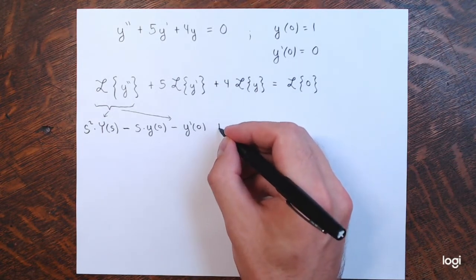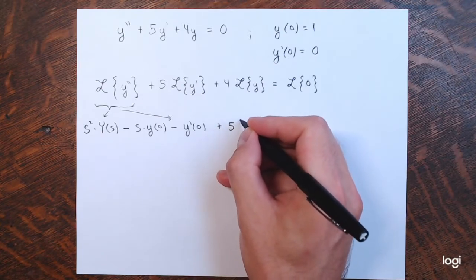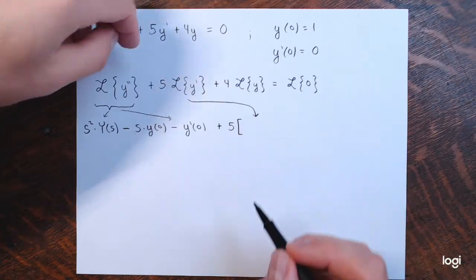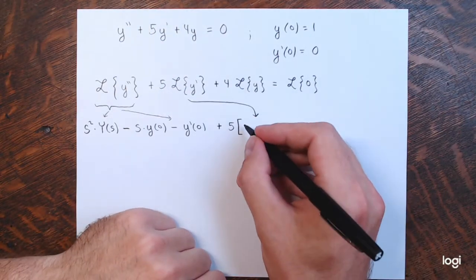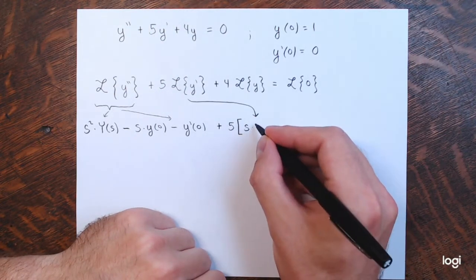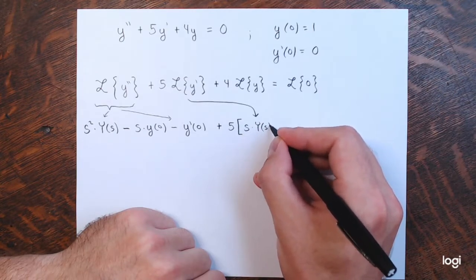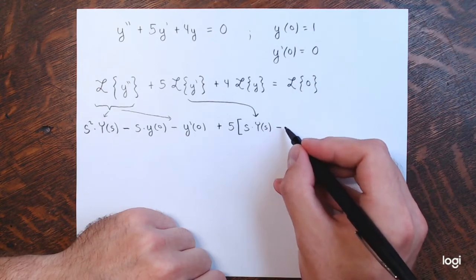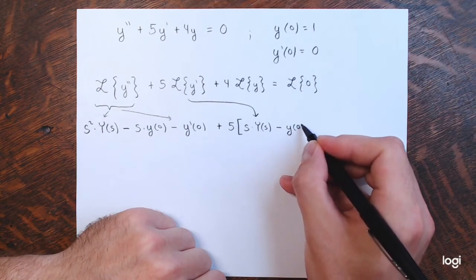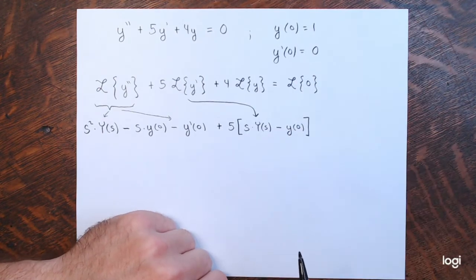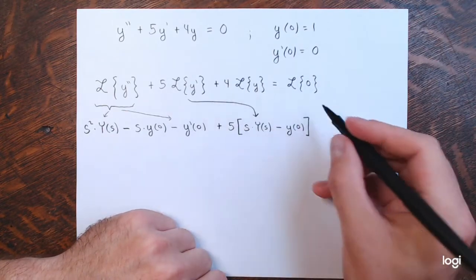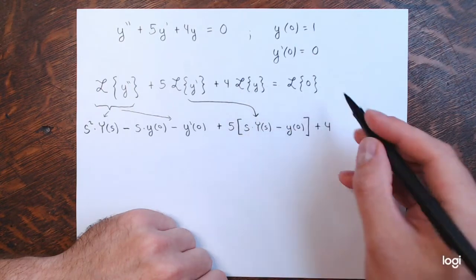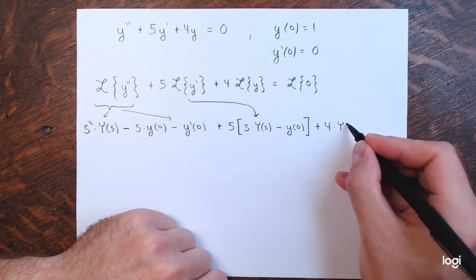Plus 5 times the Laplace transform of the first derivative, which is s times Y of s, the Laplace transform of y, minus y of 0. You've seen that in the first two examples. Then plus 4 times the Laplace transform of y, again capital Y of s,